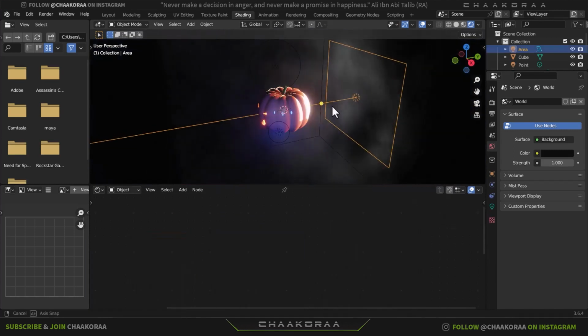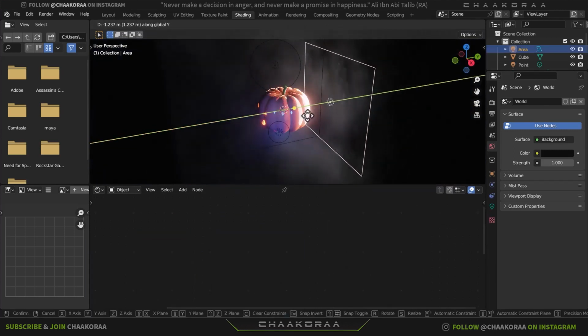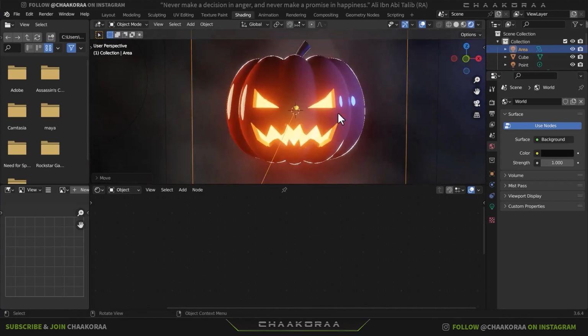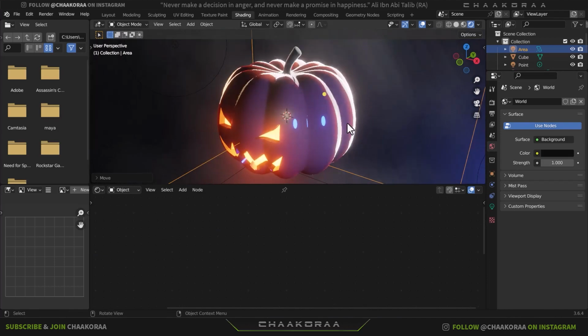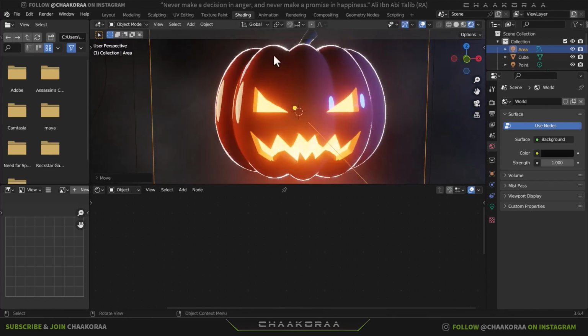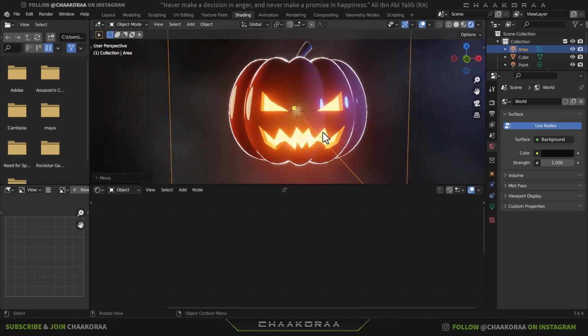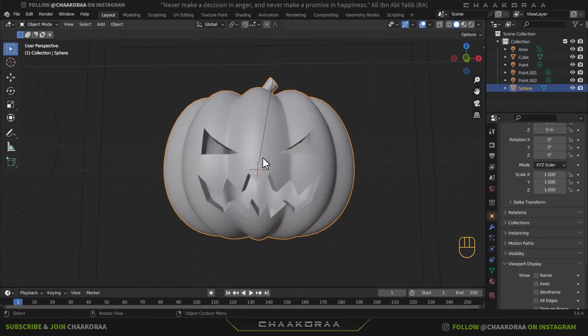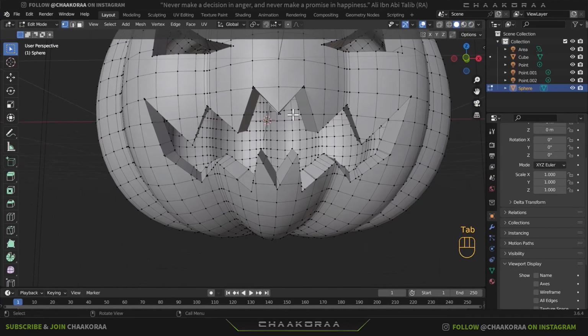We can bring this a little bit nearer to the object, and you see the effect. It's amazing. I'm really obsessed with that. Because of that, I'm just leaving this model just like that. You see the effects it's creating here and there. It's amazing. So come to the Layout tab and the solid view,